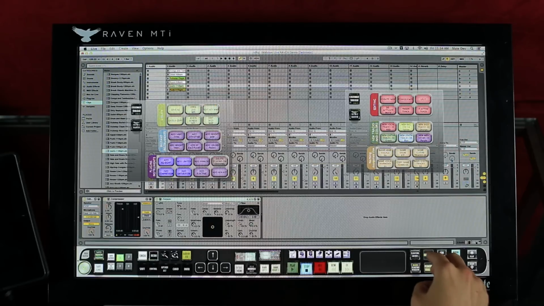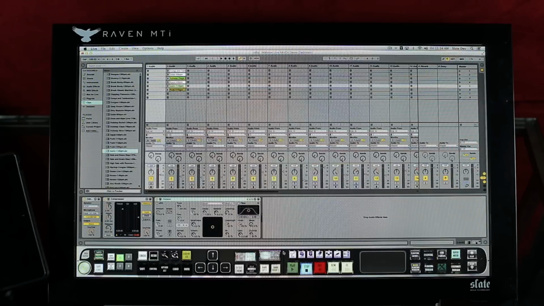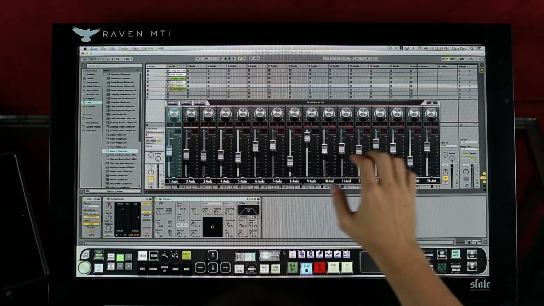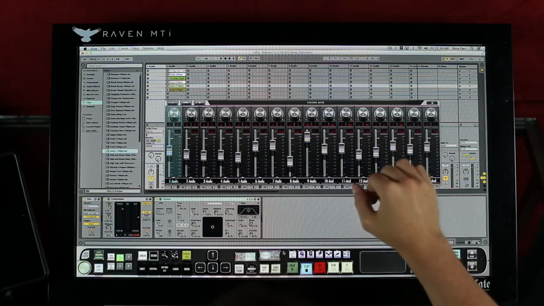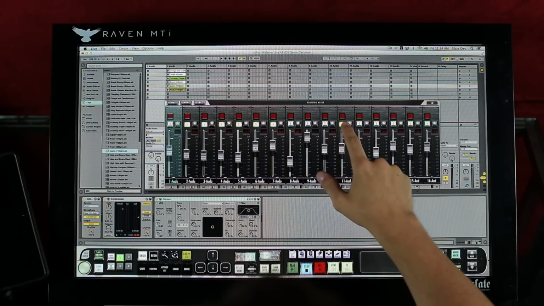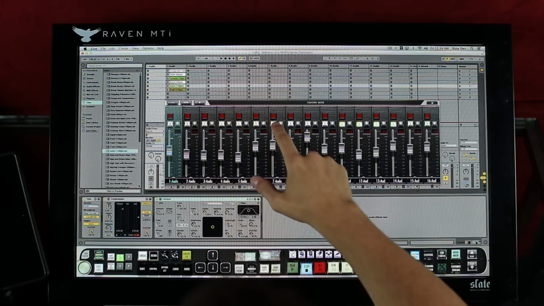The Floating Mixer is your direct access to multi-touch faders and pans in the project window. The Floating Mixer offers the same capabilities as the Raven external mixer, including the ability to swipe solos and mutes, and even adjust the size of the window itself by hitting the addition and subtraction buttons on the top left